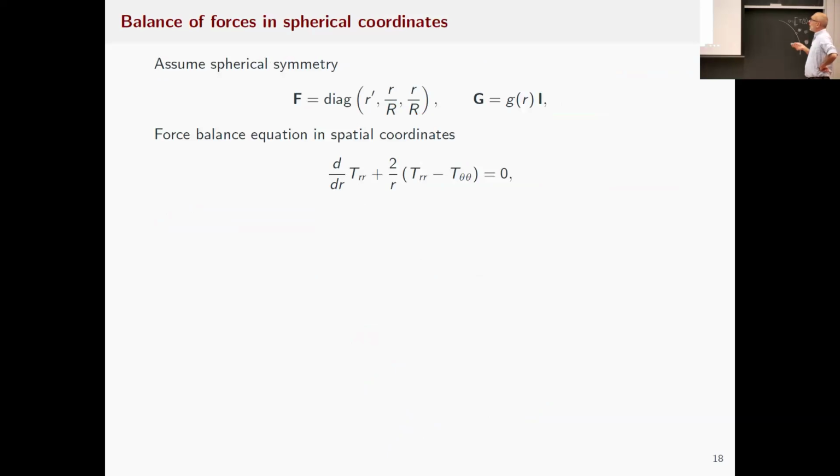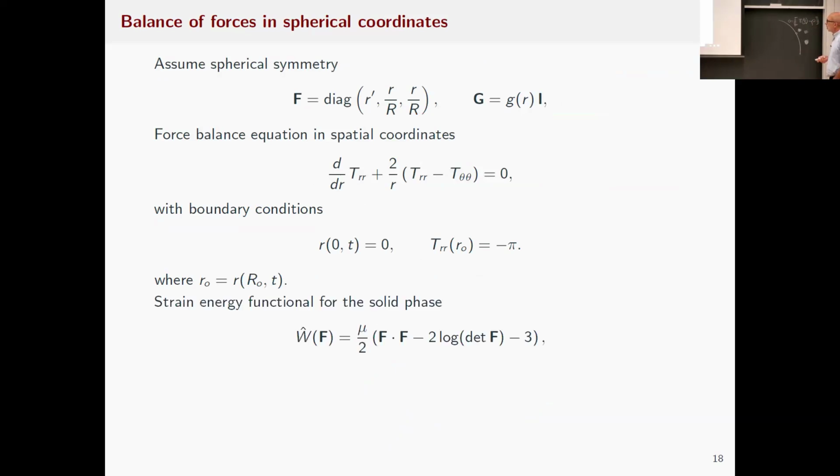Then I go on, I assume spherical symmetry. I write down the equation, radial stress, hoop stress, T theta theta. I apply the boundary condition. So you see that in the boundary condition, T_RR, I put the role of the macromolecules. I take this super simple function of the strain energy. Why do I call it super simple? Because it's simply quadratic in the strain. It's like a spring, a collection of springs. And this spring